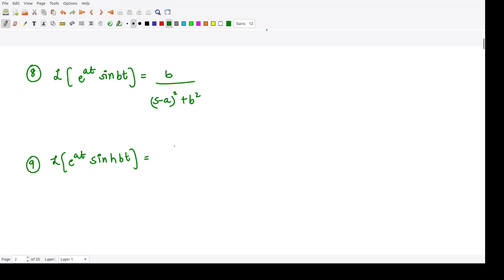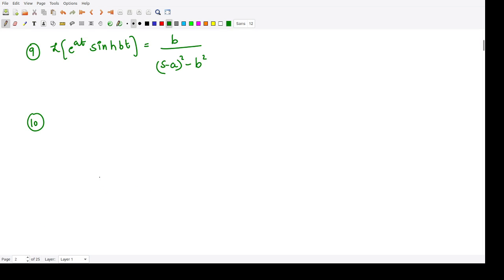This is equal to b divided by s minus a whole square minus b square. And then the next formula, we have the Laplace transform of e to the power at cos bt, that is